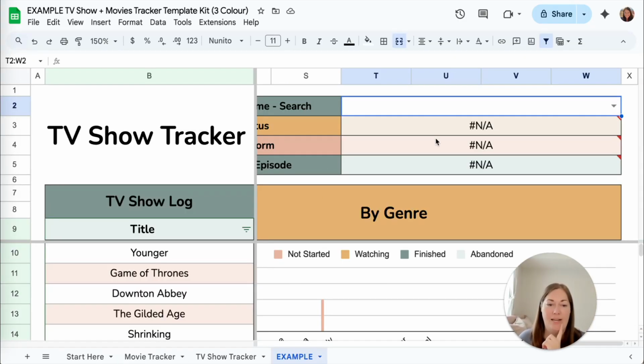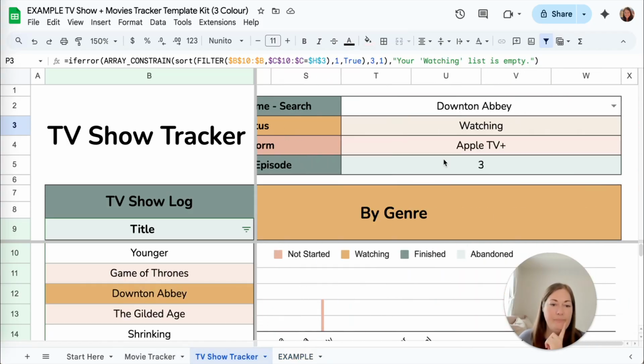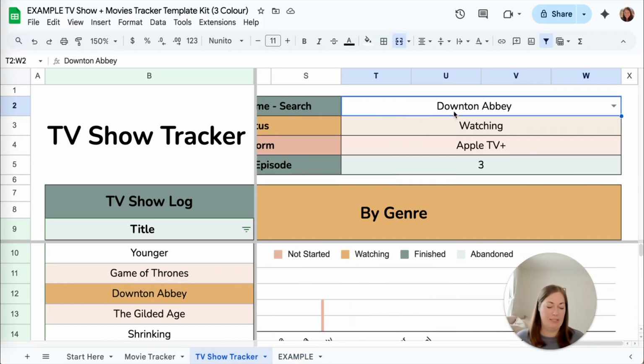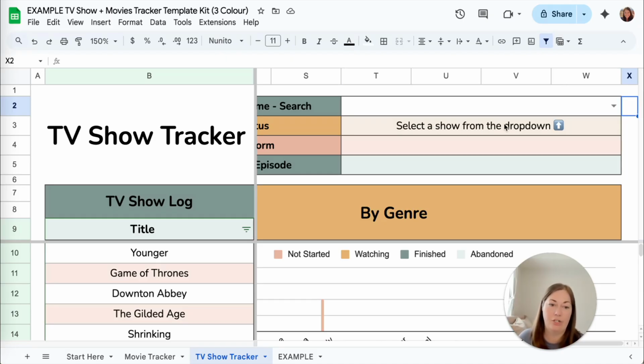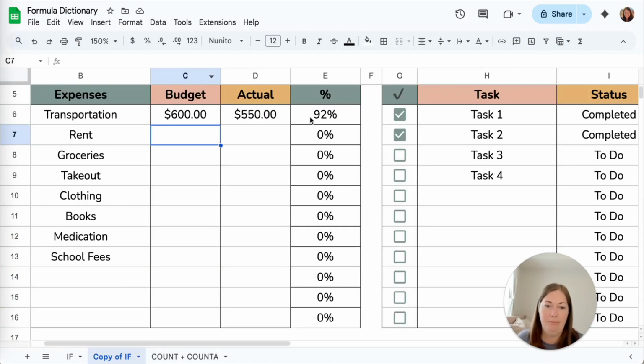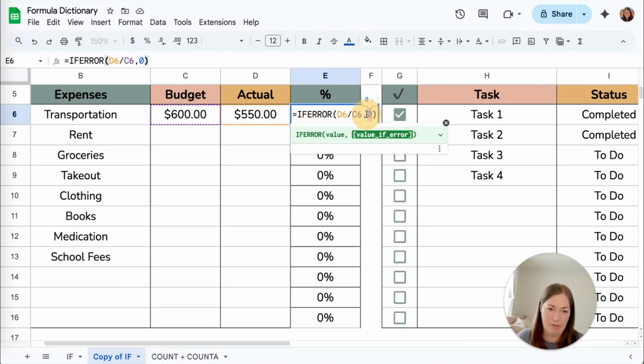Now I just want to show you the example over here. So let's go to my original one. So right now we have Downton Abbey selected, but if I delete this so that it clears out whatever's in my drop down menu, you can see I can have it say a specific wording. So this one says select a show from the drop down. So you can easily change that out anytime you write an if formula, wherever I put, like, for the example, the 0,